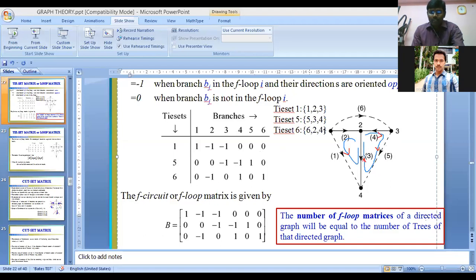And for the third element, it is the opposite direction. This is the loop current, this is the branch current; both are opposite to each other, so we'll get -1. Even for the fourth element, the current is flowing right to left, whereas the loop current is flowing from left to right, so it is -1. So for 3 and 4 it is -1, and for 5 only it is +1. And coming to the sixth one.